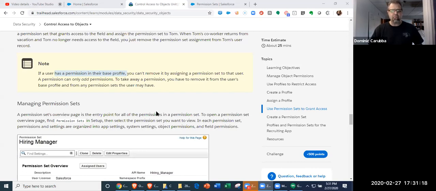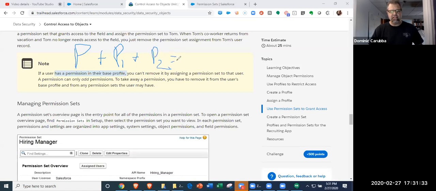So watch this. I'm going to draw. The profile plus the permission sets equals all the permissions. That's the total amount of permissions that person has, right? So what the note is saying is, you can't give somebody edit access in an object, right? So I'm going to draw. You give them edit access here in the object. That's what I'm going to call edit. But you only give them read access to that same object here in the